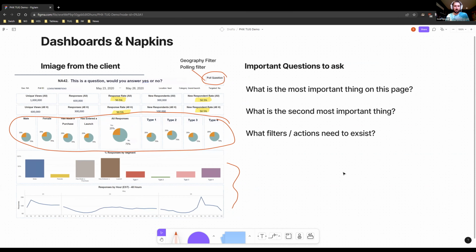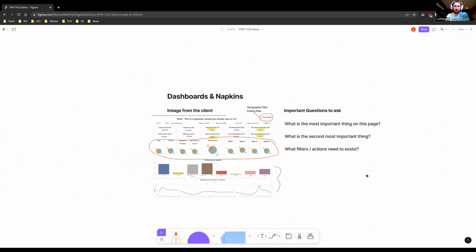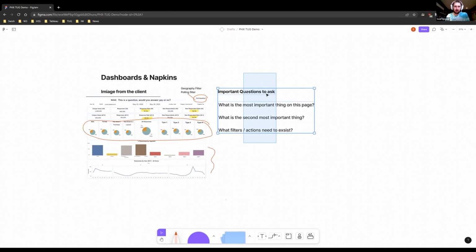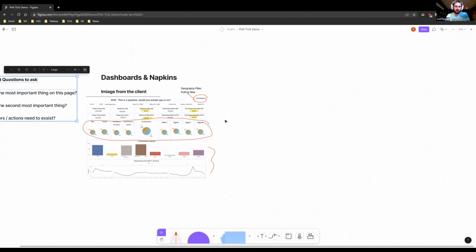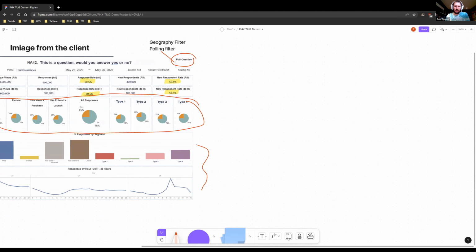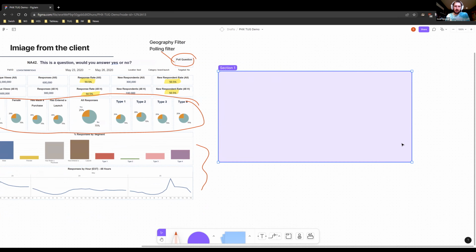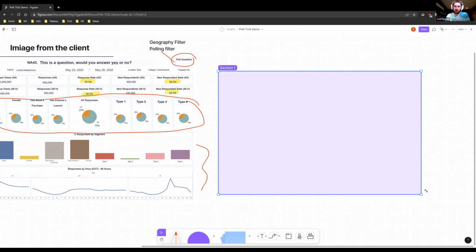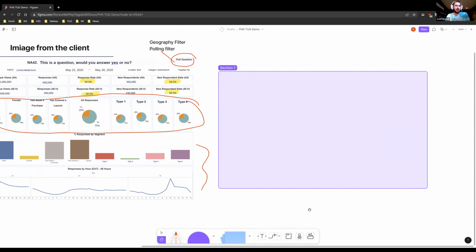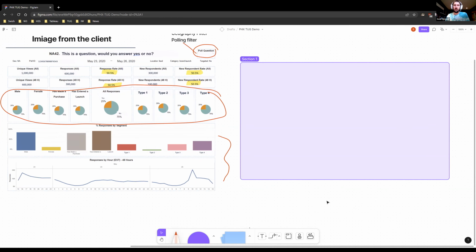And with that conversation out of the way, I moved on to creating my first mock-up for them. Move this over here. This is where I like sections, because you can create a section and everything inside of it will move together. I created this shape that's kind of a dashboardy type shape, and then from there just went wild on my own. What I'm going to walk you through is what I designed and presented to this client, and the final product after conversations around edits or changes didn't end up too far away from this.